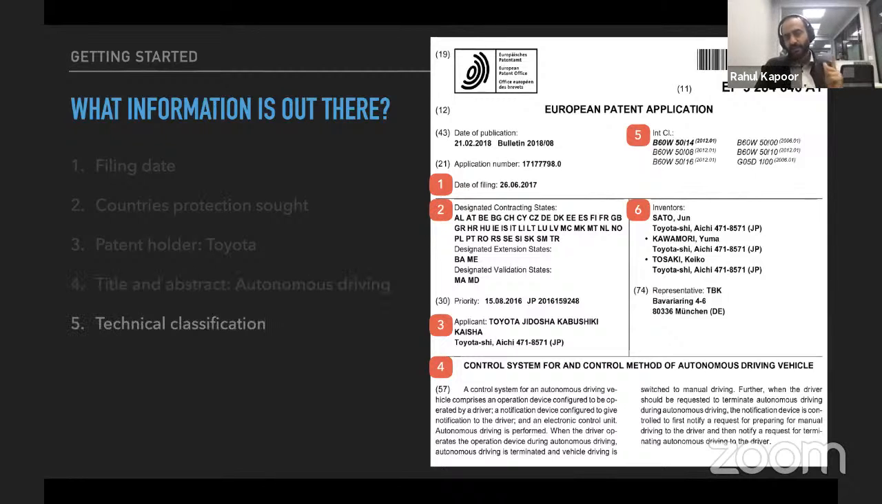Technical classification, we will briefly cover it. We will see how much detail we can go to today. But this is basically like a zip code of technologies, where you classify each technology using a certain